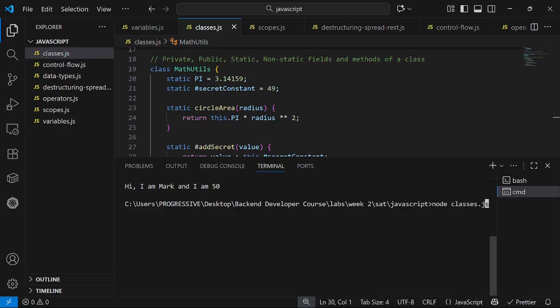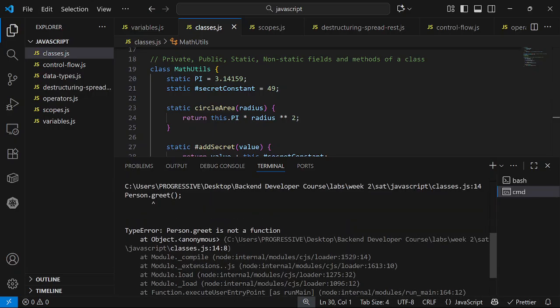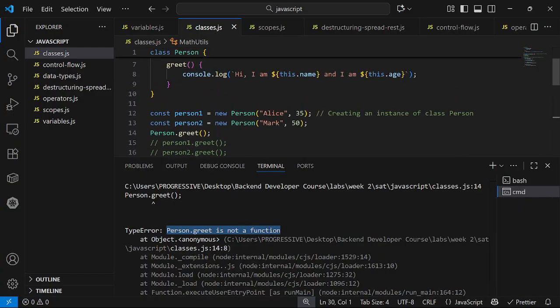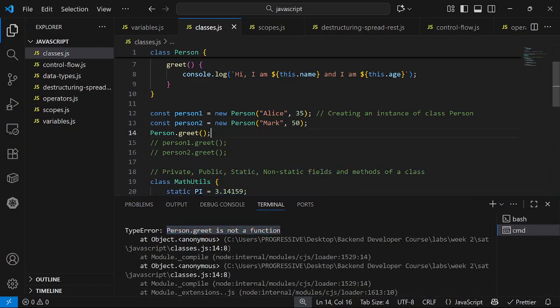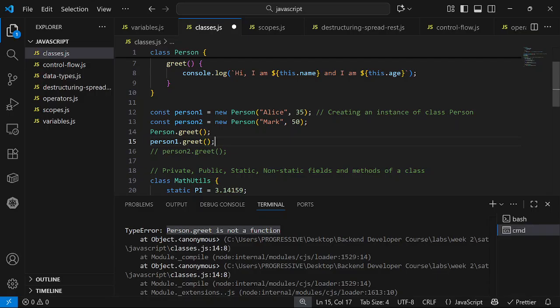Okay, you see it creates a problem. It says person dot greet is not a function. Why isn't it a function? It's supposed to be a method that is created for the class. So it means that it's not a static method. I need to create an instance of the class for me to be able to call it, just like I did here. Create an instance of it, then call the method on the instance. So this is going to cause an error,